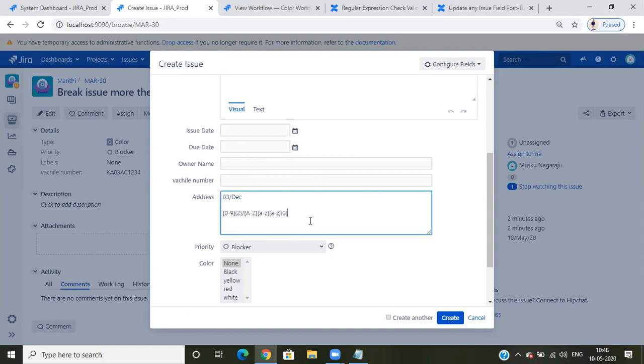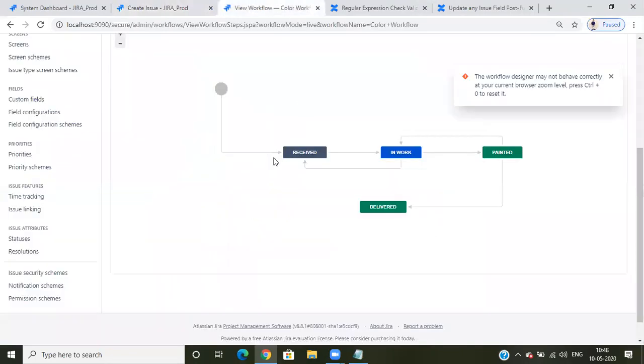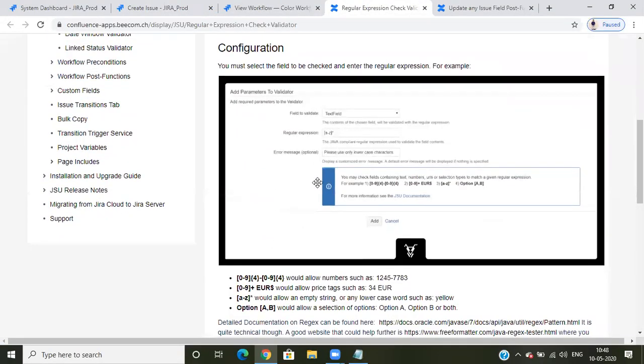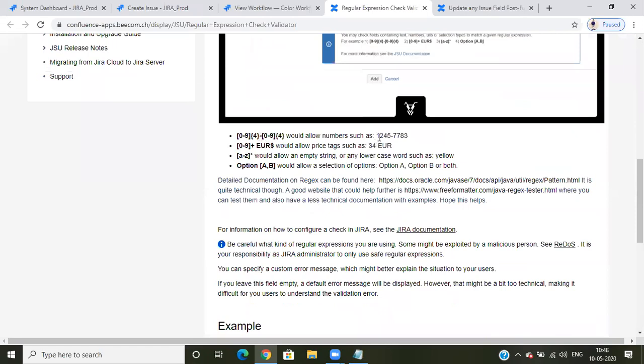So we can write some documentation or regular expression documents. We can select here A to Z, slash something. They are giving some info, some examples: 0 to 9, 4 letters, hyphen, 0 to 9, 4 letters. So 1234 hyphen 7784 will be accepted. 0 to 9 plus or something, a number means they need to enter 34. We can enter a name like this. A to Z with a star would allow an empty string or any lowercase words such as yellow.